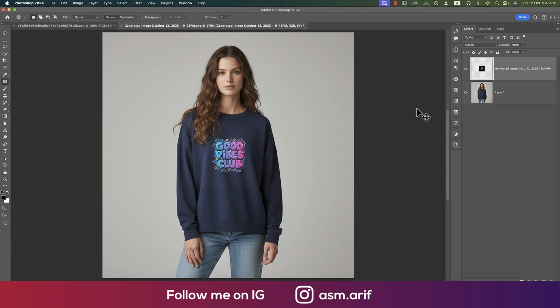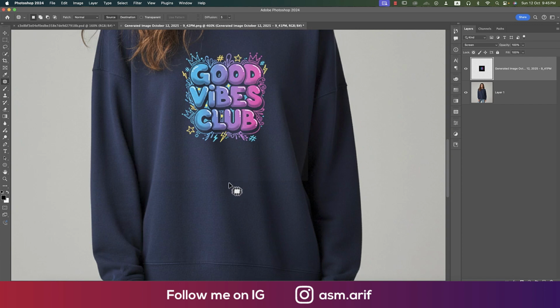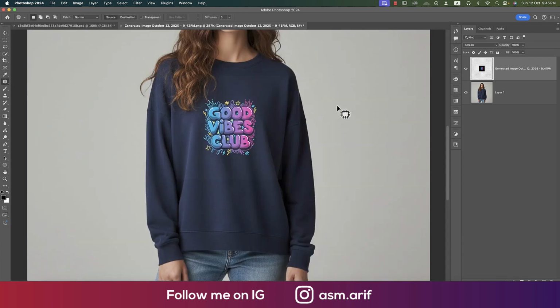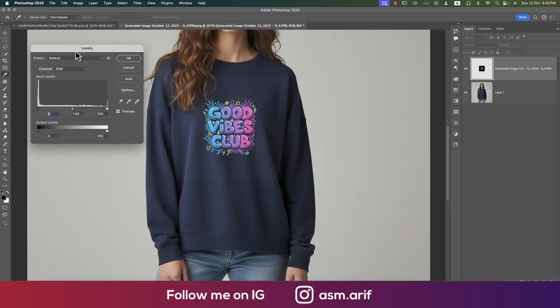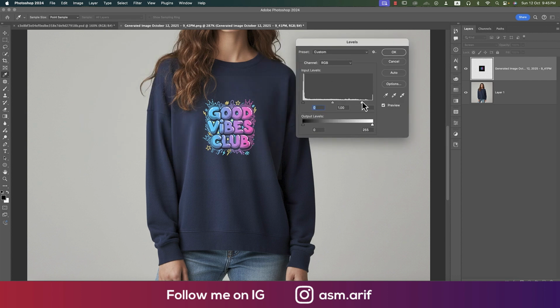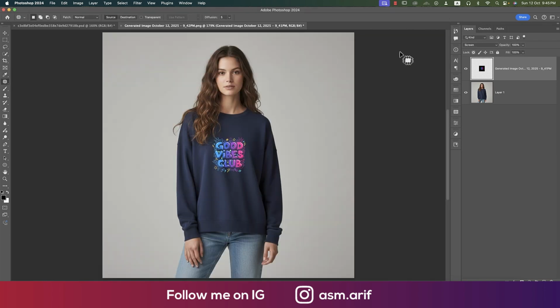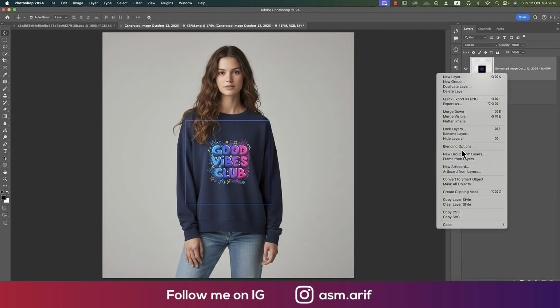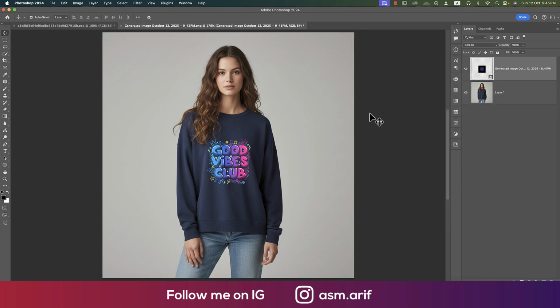But in this case you have to make a lighting adjustment, because some of the light here doesn't match. Okay, Control L for the light adjustment, and now you can adjust the light to match and hit OK. So our design is just pasted on the t-shirt, or actually this one is a sweatshirt or sweater, whatever you call it. Now you can save this one, but if in future you want to edit it, you have to convert it to a smart object